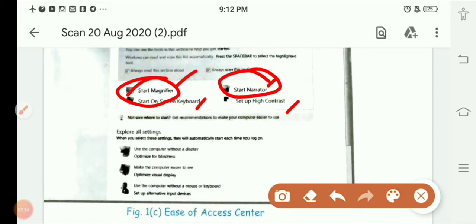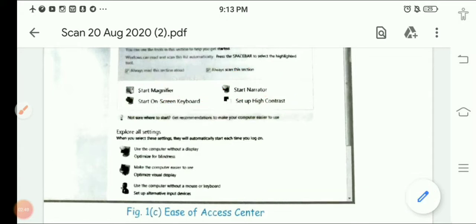Narrator is for those who have a visibility problem and are not able to see. The computer will read whatever that person is typing. A blind person doesn't know what is being typed on the screen, so you start the narrator and give the computer to the blind person, and whatever work they do with the keyboard or mouse, the computer will narrate that. I will show you this practically also.